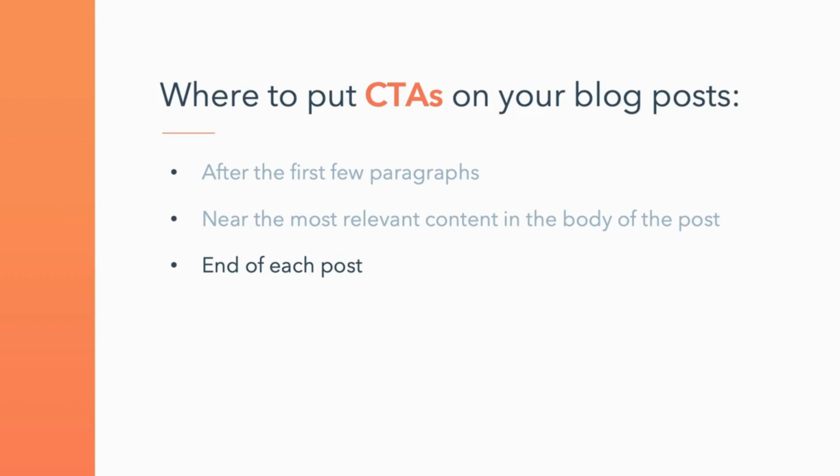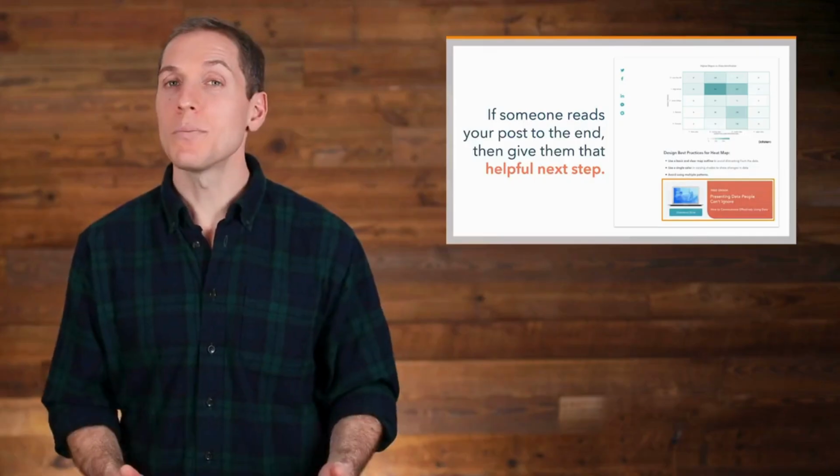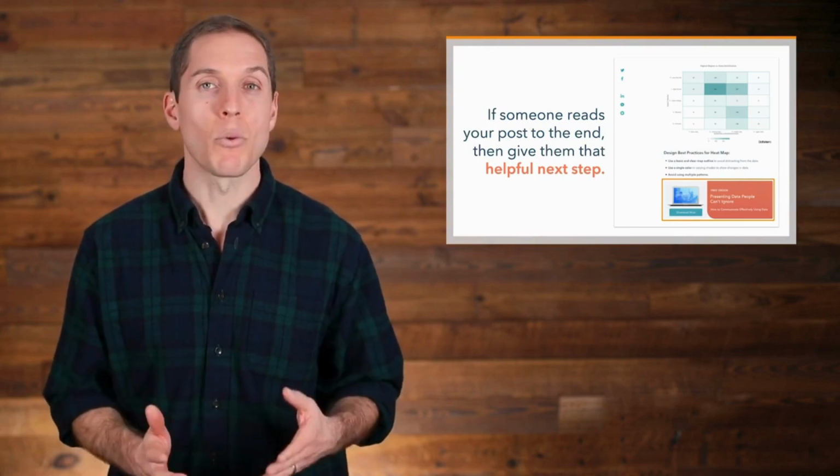Next, include an image CTA at the end of each post. If someone reads your post to the end, then you want to offer them a helpful next step. This is a CTA at the end of the same post that was shown earlier. The title of the post is Data Visualization 101, How to Choose the Right Chart or Graph for Your Data. And at the bottom, there's a CTA for an ebook on how to present data people can't ignore. When it comes to image CTAs at the end of blog posts, I recommend linking these to a relevant landing